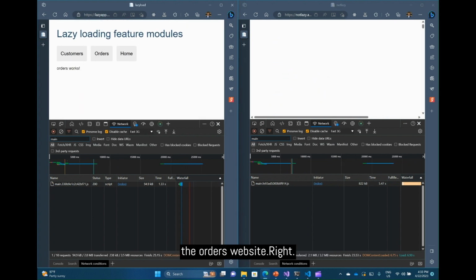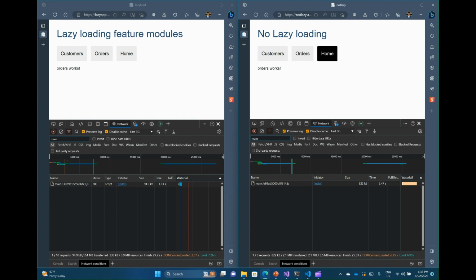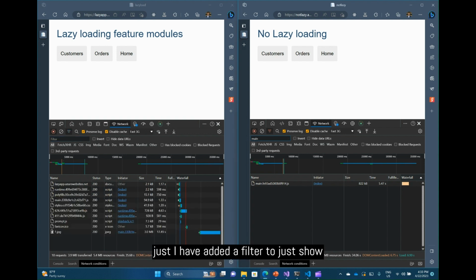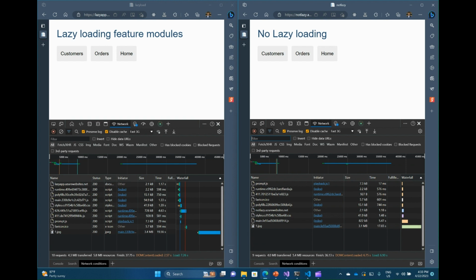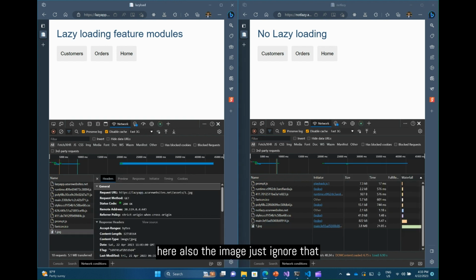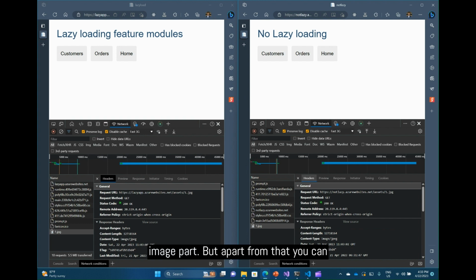Let me go to the orders website, right? And home as well, right? So I've added a filter to just show you the overall picture. So it took almost like, and here also the image, just ignore that image part, but apart from that you